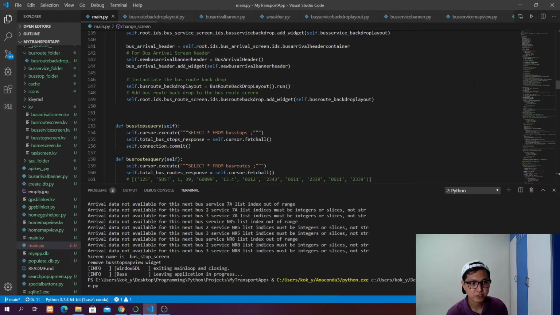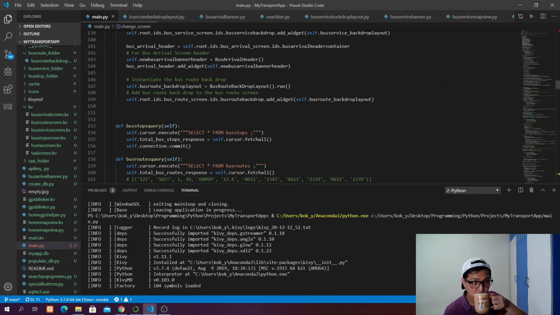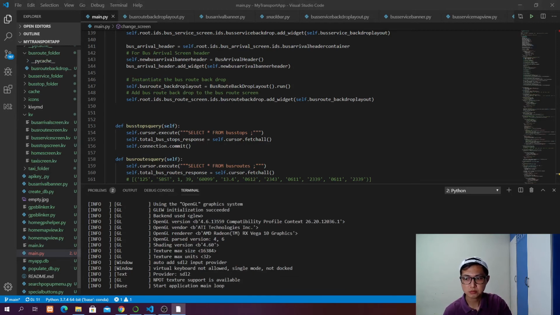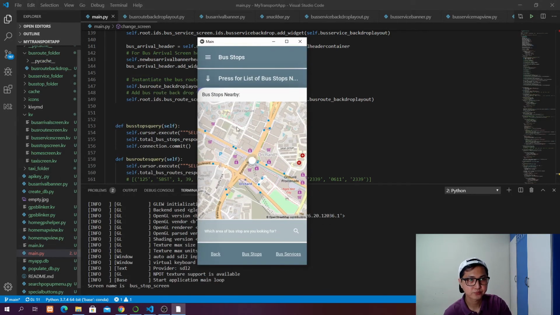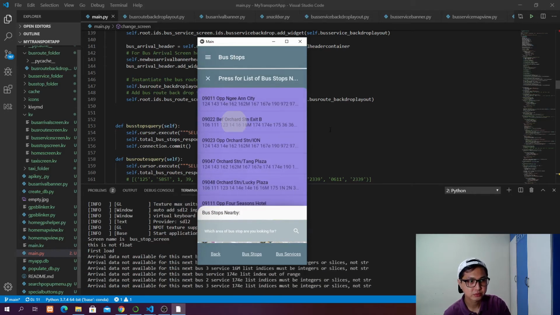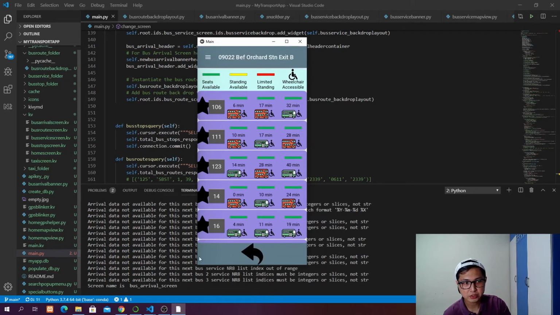Yep, if you run it, and then if we click bus, transfer down, bus arrival, it's loading a little bit slow now because we are printing out a lot of things. And when we want to deploy the app to the Play Store, of course we want to remove this printing, and then the loading is going to be a lot faster. Don't worry about this one now. So as we click this, oops,